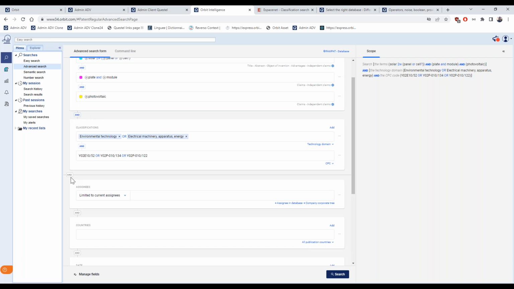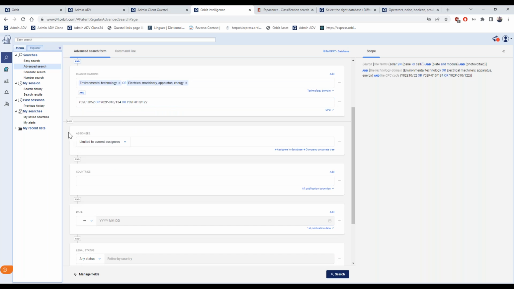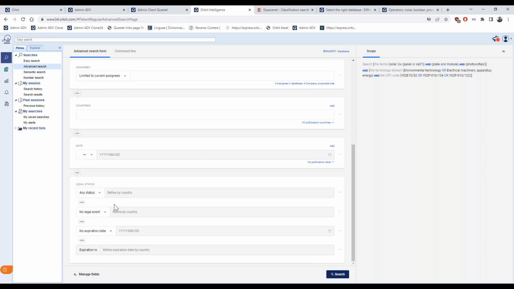If it's blue, you can change it; if it's gray, you cannot change the Boolean operator between the boxes, so between other search criteria. There's a section about the assignee, about the countries, the dates, legal status, but you can add other fields to this form.